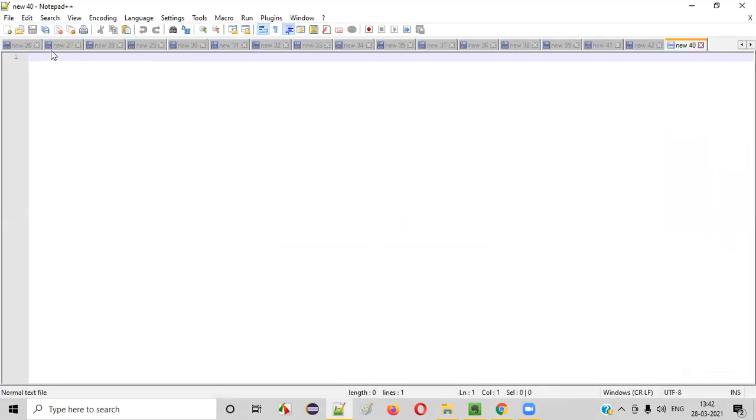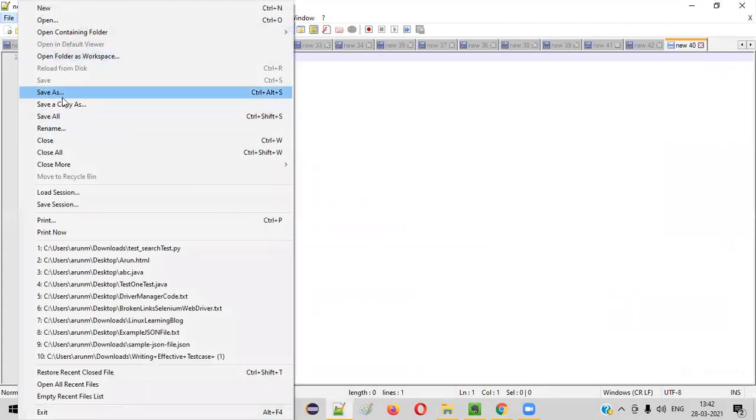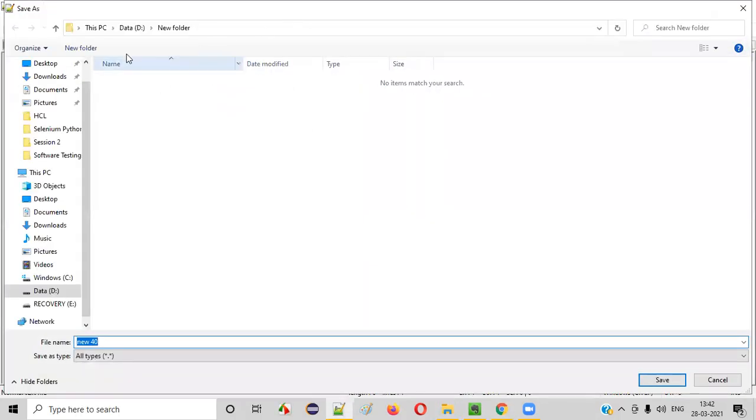And the first thing you have to do is save this particular file. In this Notepad you need to save this file. Save as. Go to any folder in your machine and give some name, guys. Let's say I'll give a sample name like abcd.html, or we can give something like Selenium Python demo.html. Okay, like this. Save this.